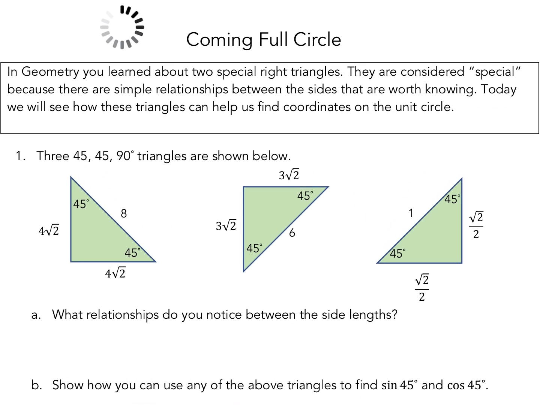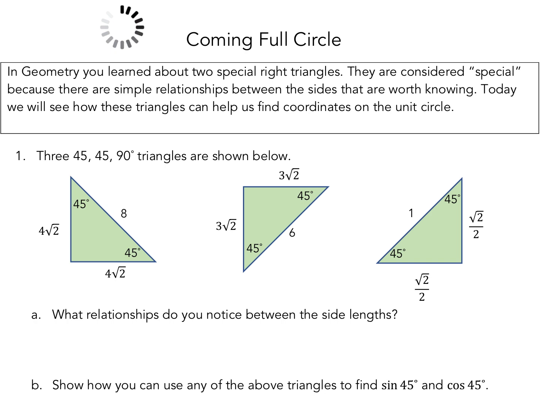Okie doke. So in geometry, you learned about two different types of special triangles, right? We had 30, 60, 90, and we had a 45, 45, 90 triangle. If I gave you one side length of a 30, 60, 90 or a 45, 45, 90 triangle, you should be able to figure out the other two, yes? Technically, they're just special right triangles, because it's using the Pythagorean theorem, right? But if I only gave you one side length, you should be able to figure out the other two no